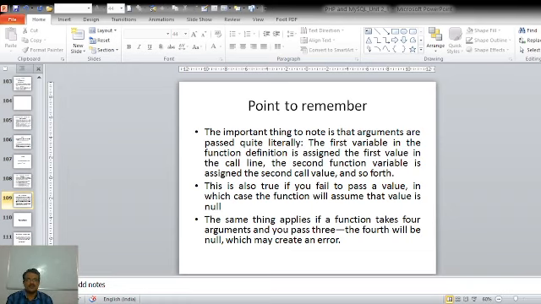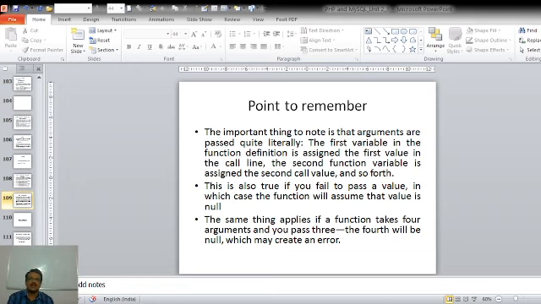This is also true if we fail to pass a value, in which case the function will assume that the value is null.